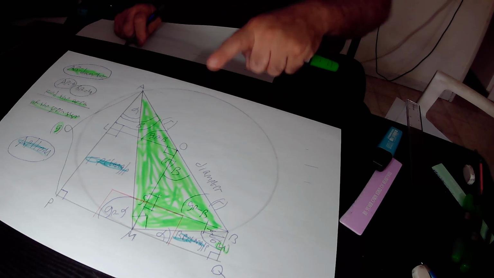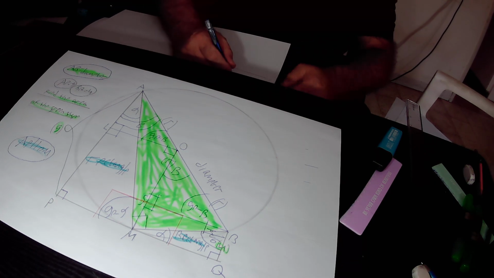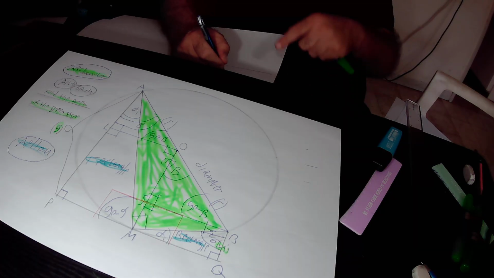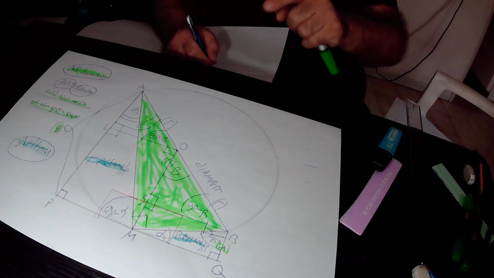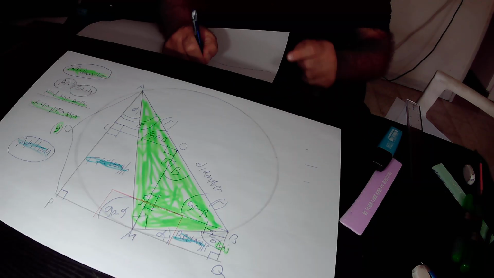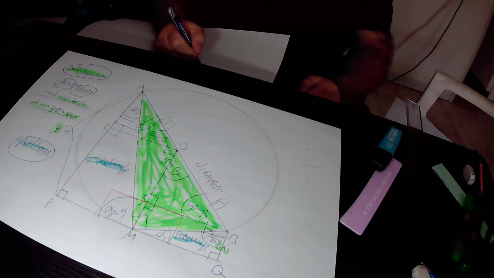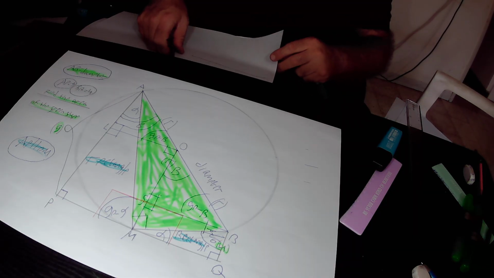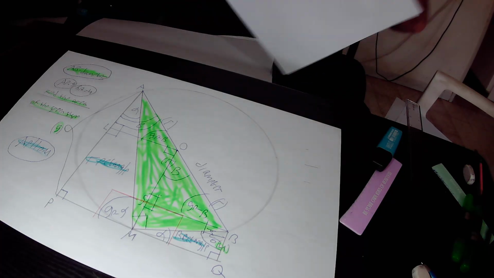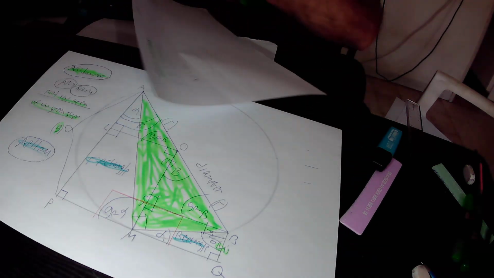Side AO in the right triangle LAO is equal to side OB in the right triangle OSB. They are both equal to R and therefore they are equal to each other. And again, side AO in the right triangle ALO is equal to side OB in the right triangle OSB. They are both equal to R and therefore they are equal to each other. And finally,